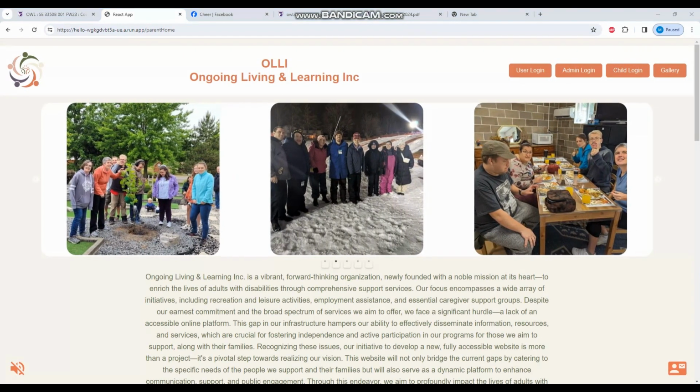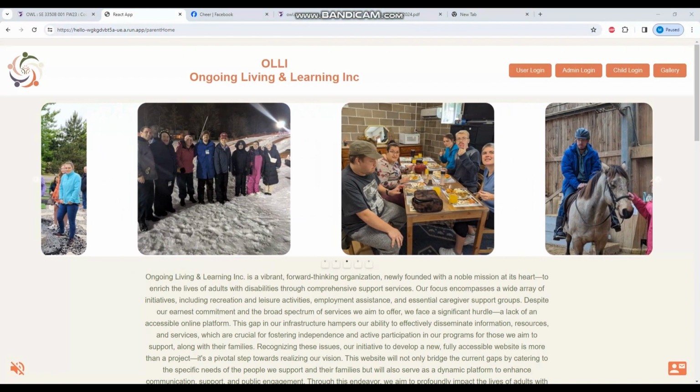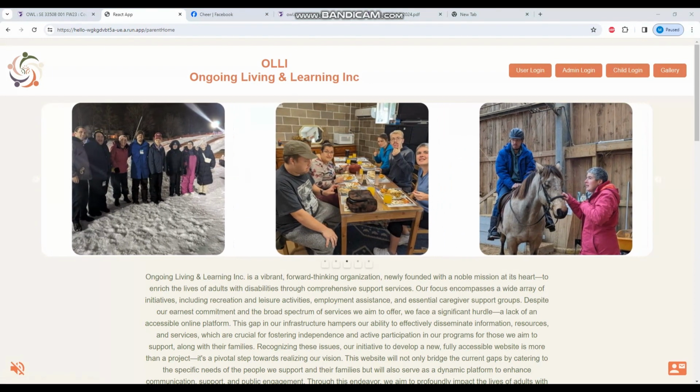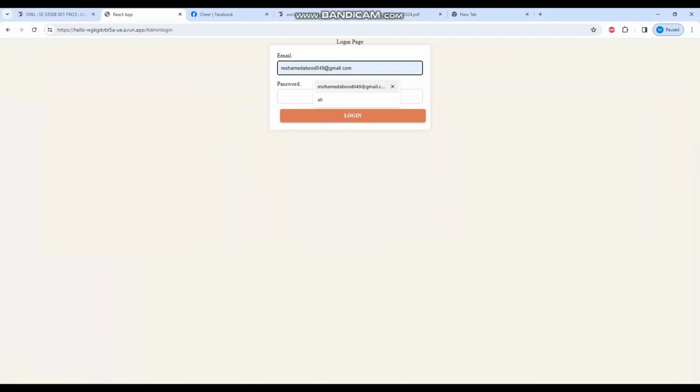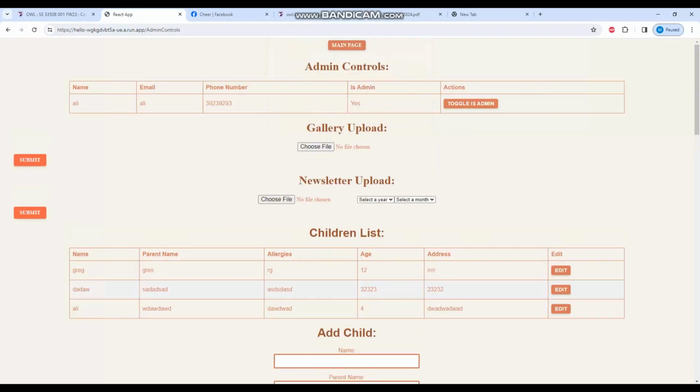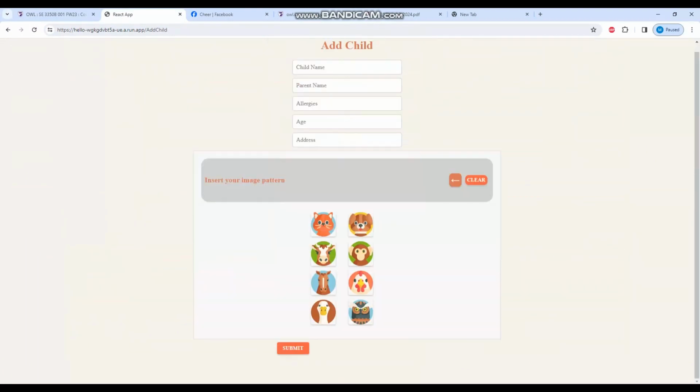We are now back at the home page. The next part that I'll be looking at is the child login and the child page. First of all, let's create a child. So if I navigate to admin